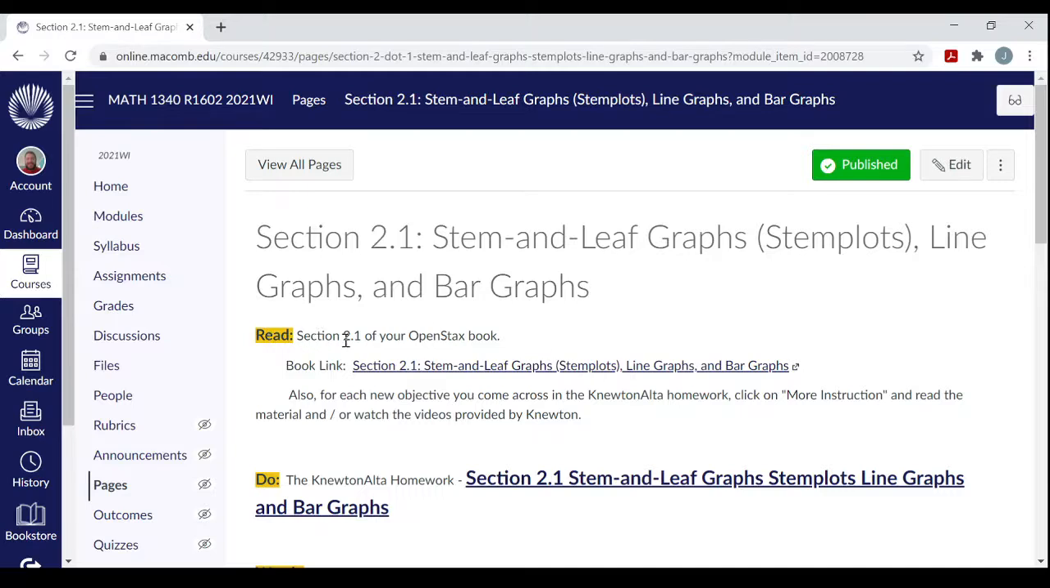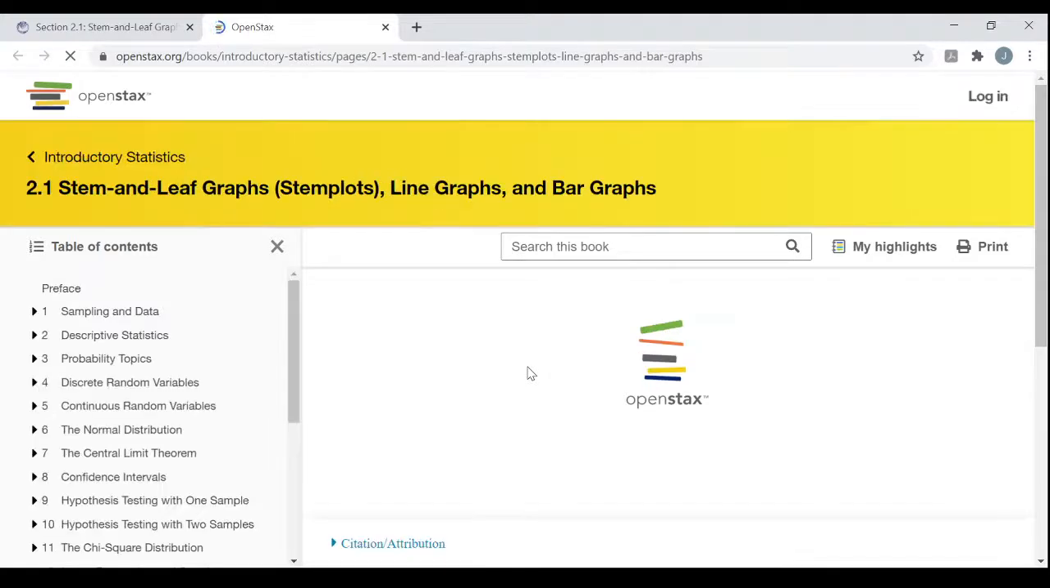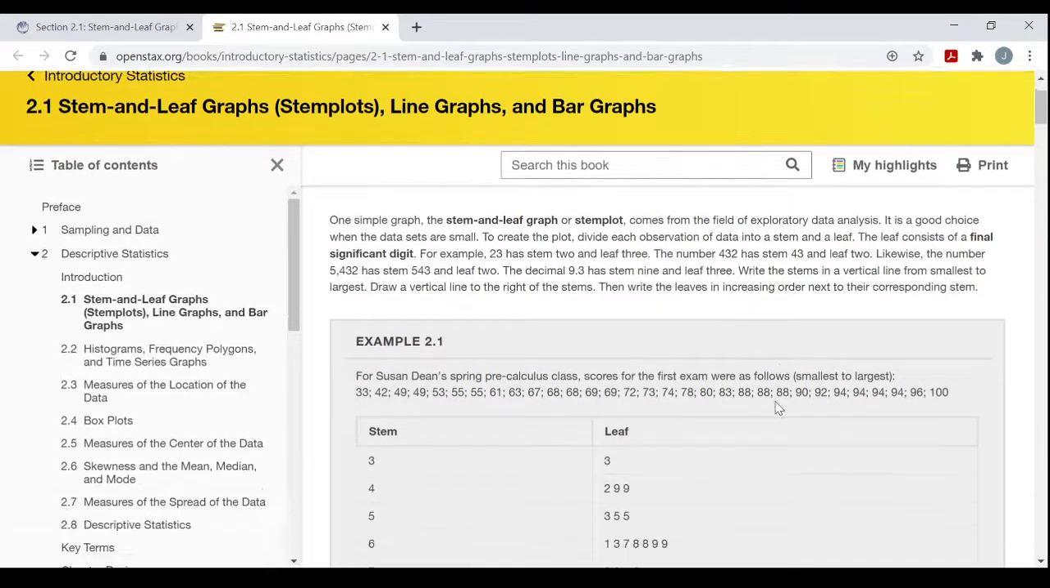You have a read, section 2.1 of your OpenStax book, and again a link to the book. Click on the link. It should open up openstax.org and take you right to section 2.1 in the statistics book, and read it just like any other textbook. Pay attention to bolded words, read through the paragraphs, read definitions,